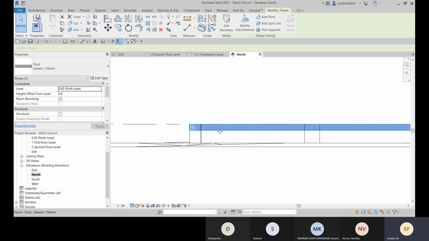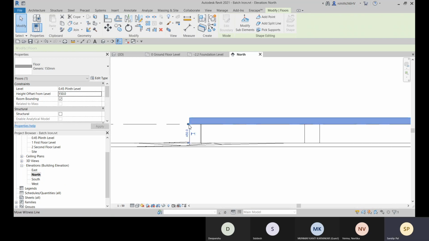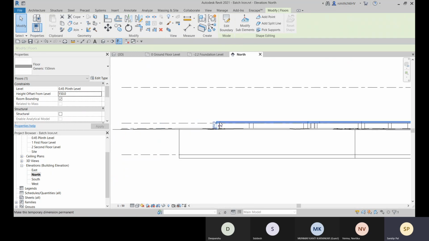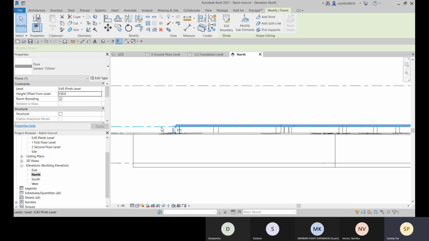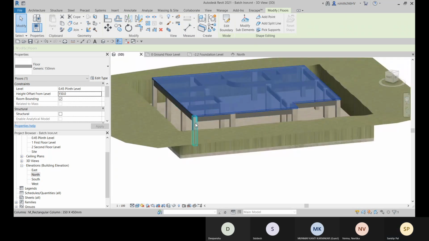So you need to place from the bottom surface at the level. For that, you need to provide the thickness distance as a base offset. So it will be placed at that height. So you will get that result, like it's placing from the bottom surface at the level like this.